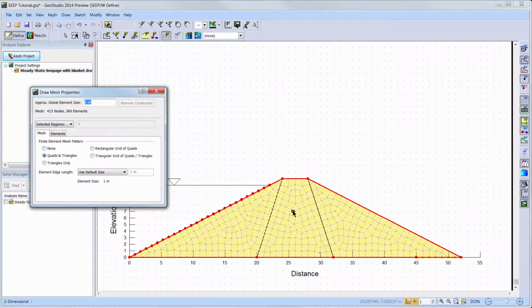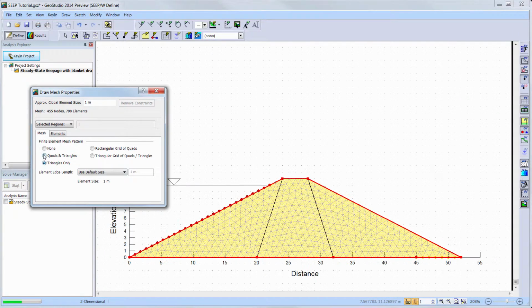The triangular mesh pattern can be used if the user prefers a mesh that is automatically created using the Delaunay triangulation techniques. The unstructured mesh type is recommended as the algorithm creates a well-behaved pattern, especially for odd-shaped regions.